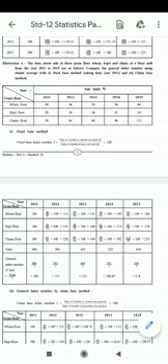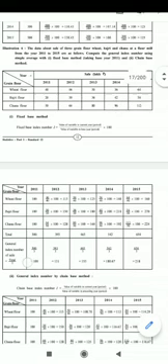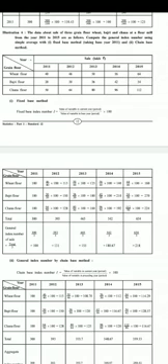Then the first column is of 2011. In both methods, whatever the first year is, we will take it as 100 only. Then for 2012 you have to go horizontally, not vertically. So 2011 will be 100. Then 2012, that is 46 upon 40 into 100. Then 2013, 50 upon 40 into 100. We will take fixed base. It is the fixed base method.